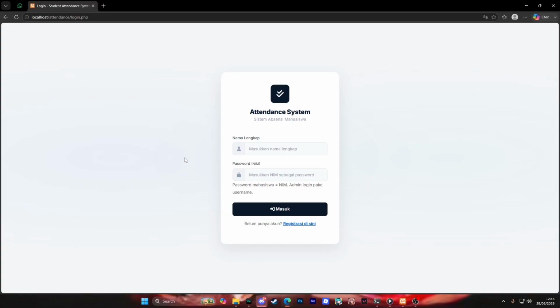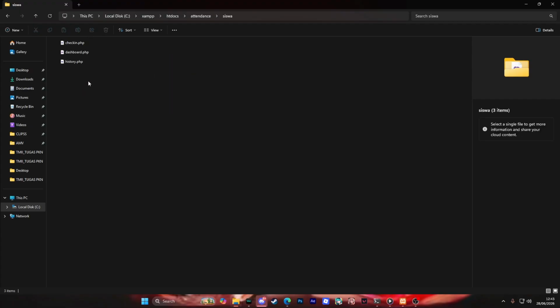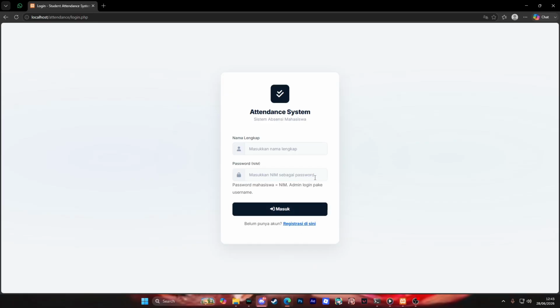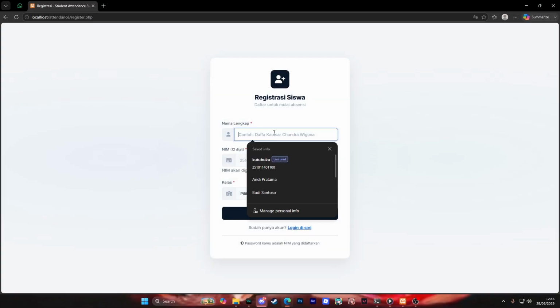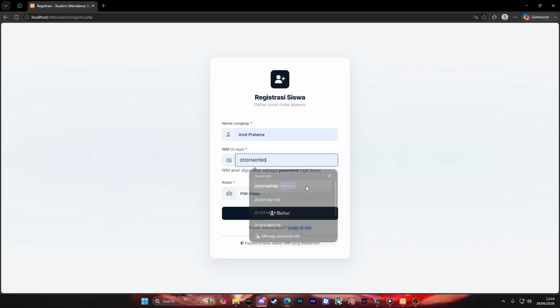On the student dashboard, the system first checks whether the student has already submitted attendance for the day. If attendance has already been recorded, the attendance status will be displayed. If not, the student is asked to select an attendance status.